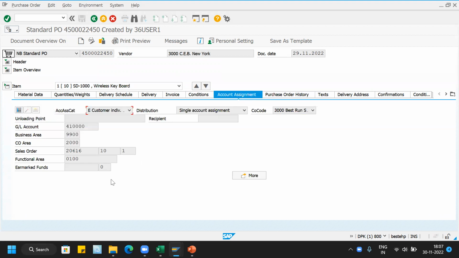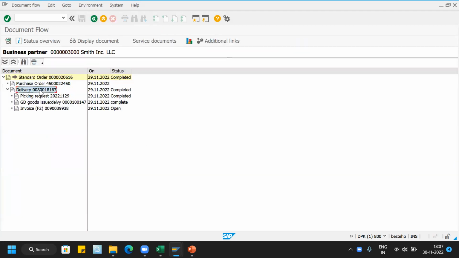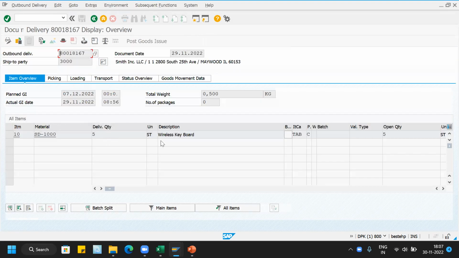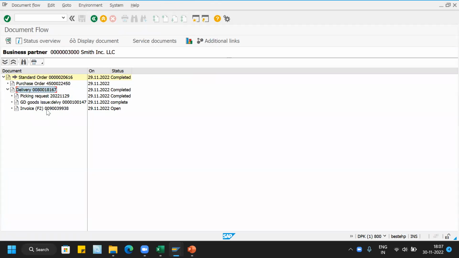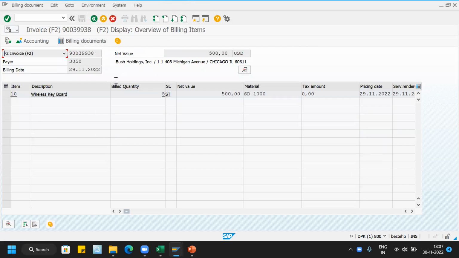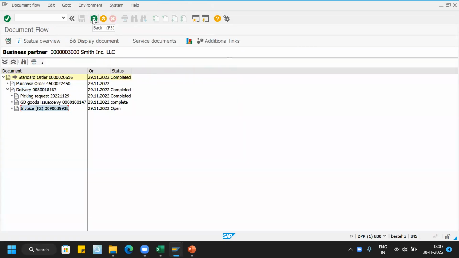And in the account assignment, here you can see there is a sales order, because with reference to the sales order we are creating the individual purchase order also. So this is the complete process, and then the delivery. Here we do the delivery like the standard process. Delivery PGI also we have to do, and then the system will allow us to create the customer invoice. So this is the invoice which we create. So this complete process, before going to show this complete process, I would like to show you all about the